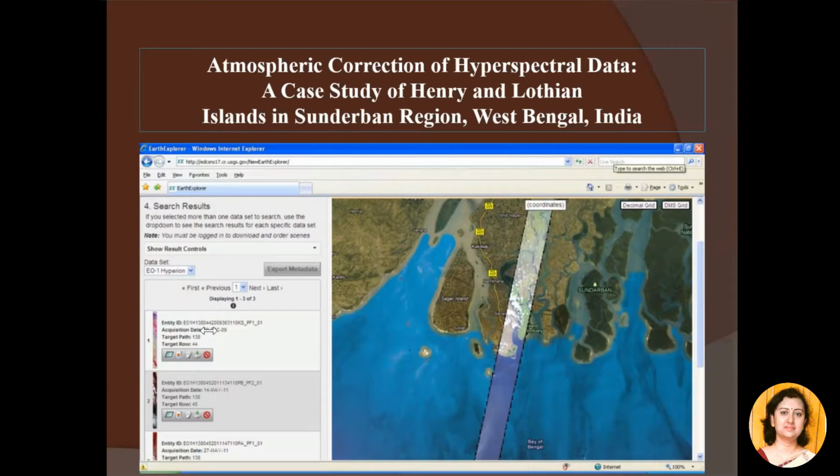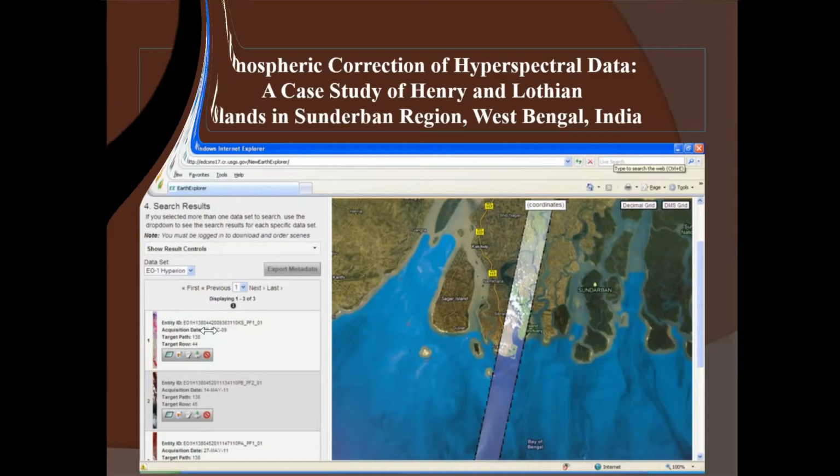It is a mangrove forested island in the Sundarbans region of West Bengal. Our objective will be to compare the uncorrected data that is directly downloaded from the USGS website and the atmospherically corrected data after application of atmospheric correction algorithms.